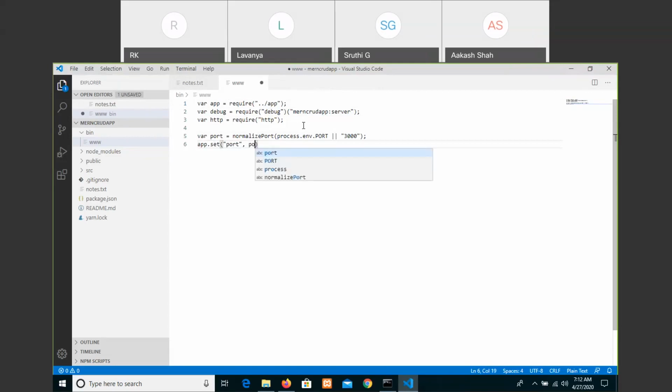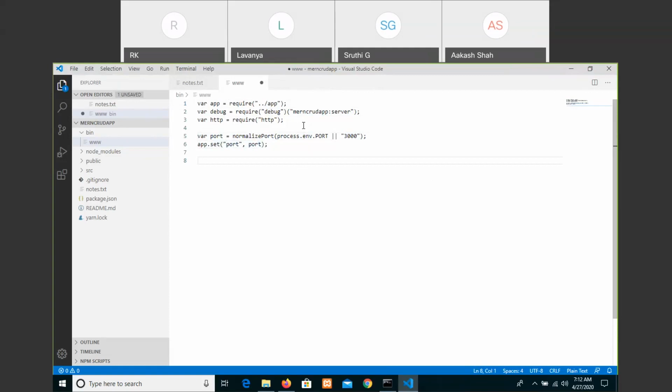That should be connected, meaning you are setting that environment port by default, or else 3000, which you are saving and naming with the name port and its value.